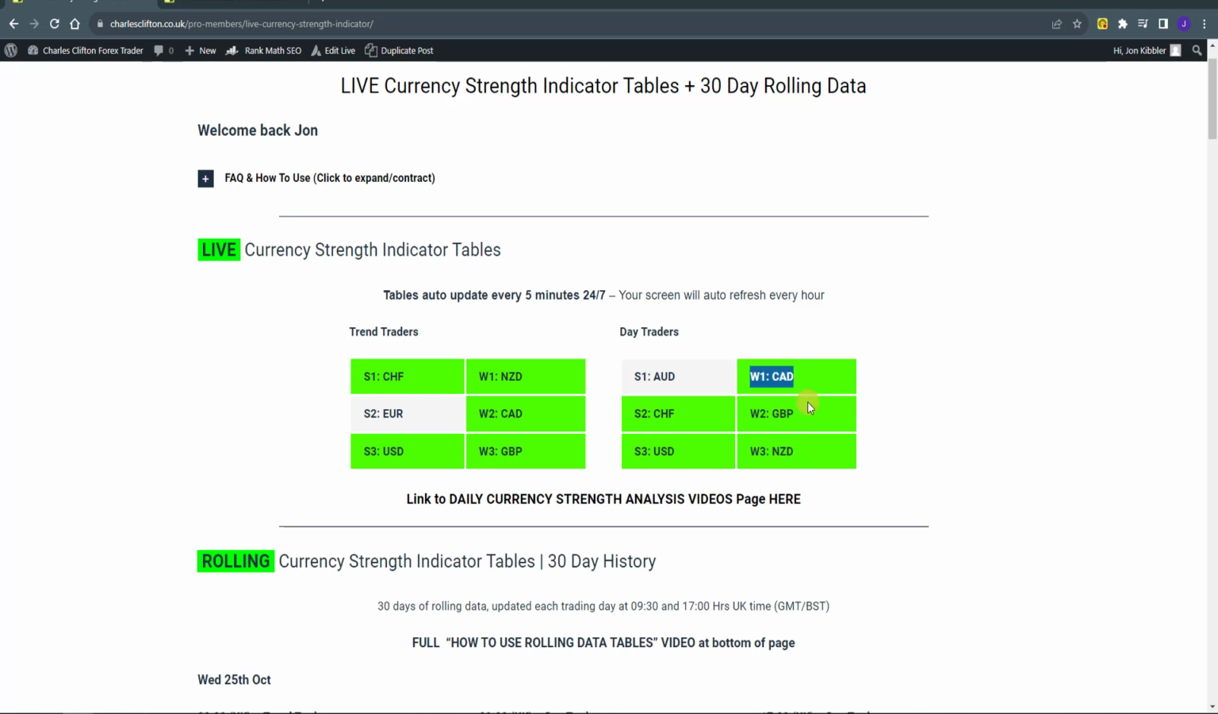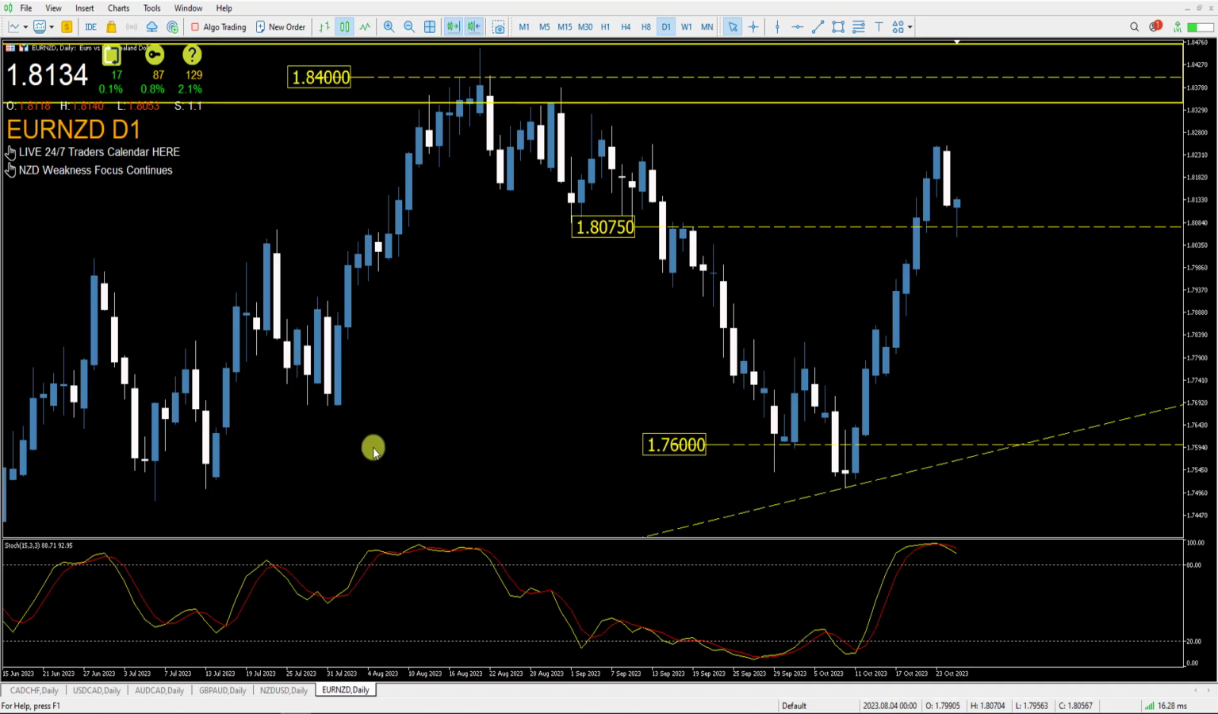CAD is something as well that we did discuss. I said that CAD could be one to watch. It was at W3s, it's now coming in at W1. So we're going to take a look at some CAD pairs today. Pound as well coming onto the tables here. So let's flick over to the charts and back over on